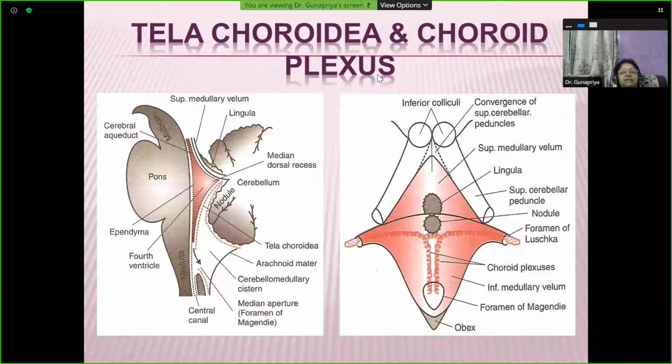So this choroid plexus is nothing but a vascular capillary fringe seen in the form of the alphabet T. In the form of the alphabet T, the vertical limb of the T is a double layered fringe. You can make out the double layered fringe opening out through the foramen of Magendie. So this is a capillary vascular fringe arising from PICA, the posterior inferior cerebellar artery, a branch of the vertebral arteries, and it comes out through Luschka. It's coming out here, the double layered fringe in the vertical limb. The horizontal limb is a single vascular fringe. So these 2 together will help in the synthesis of cerebrospinal fluid within the cavity of the fourth ventricle.